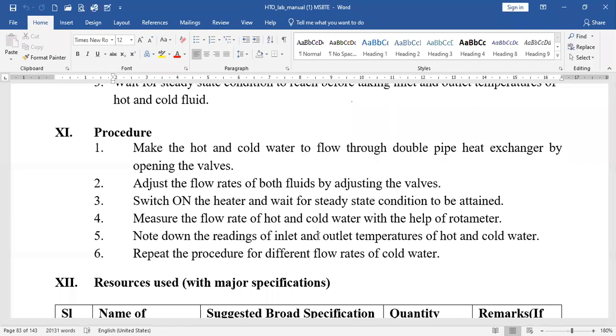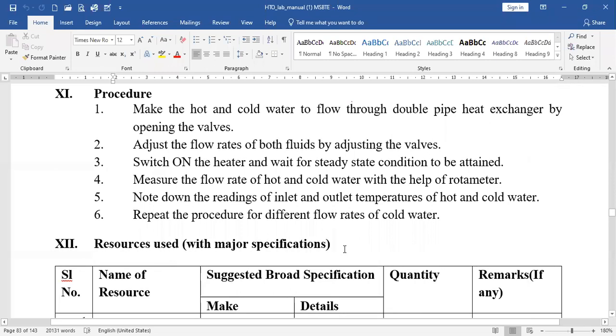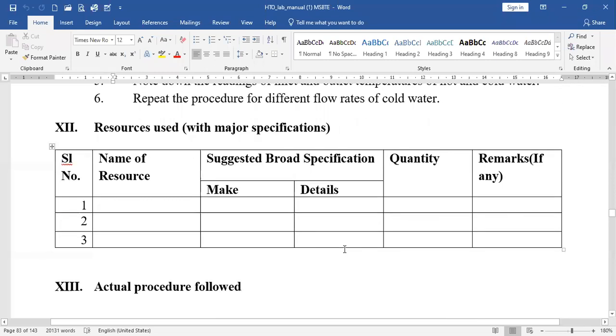Then for the second cycle, if we maintain the rotameter at 9 liters per minute, what will be the effect of this volumetric flow rate on the temperatures, on the temperature difference, on the overall heat transfer coefficient, or the rate of heat transfer? So for the purpose of observation or comparison of the impact of the volumetric flow rate on the different parameters, we can change the flow rates and take different readings by repetition.